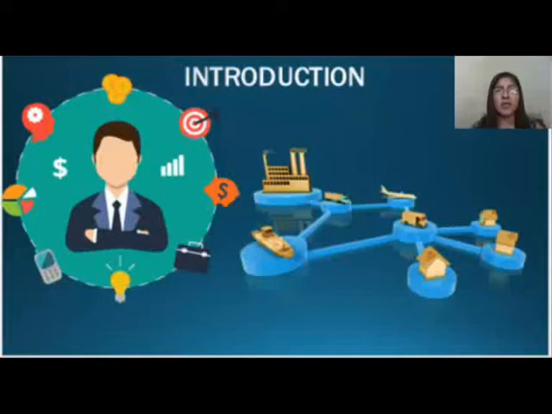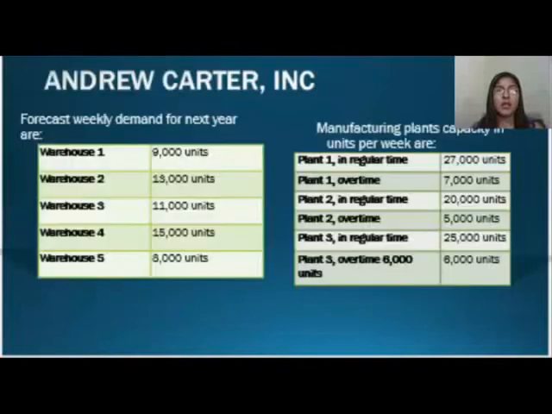To begin, it's necessary to know that the company is considering closing one of the three plants, as they now operate with an excess capacity of approximately 3,400 units per week. Among the data of the case is the weekly demand forecast for next year,